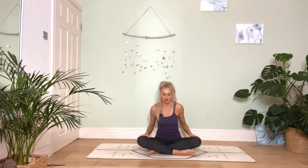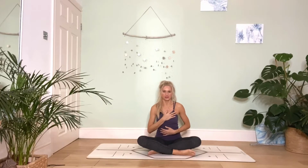So we will start seated cross-legged, taking your time, maybe rubbing the palms on your thighs a few times there and back. You can start to soften the shoulders, maybe closing your eyes. And then very gently placing one hand on your heart and one hand on your abdomen. And just taking a few breaths in and out, tuning yourself in, noticing how you feel, noticing how your body